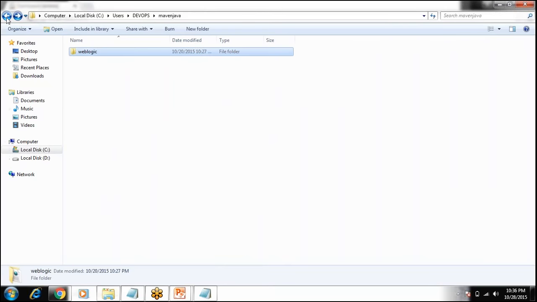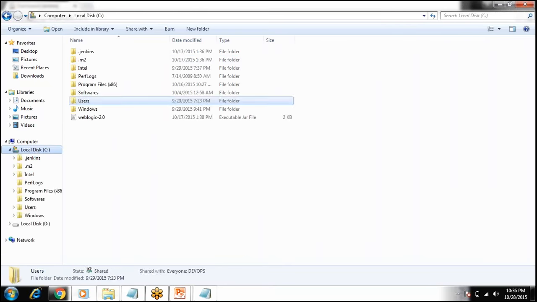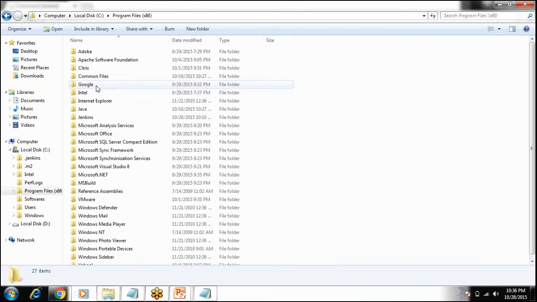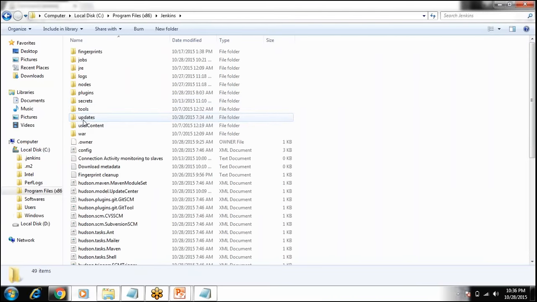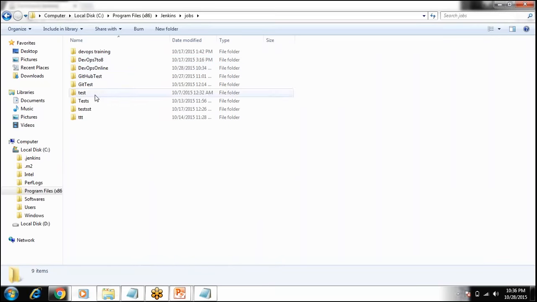Okay, not this one. We have copied to the Jenkins folder: program files, then Jenkins, and then jobs, and then